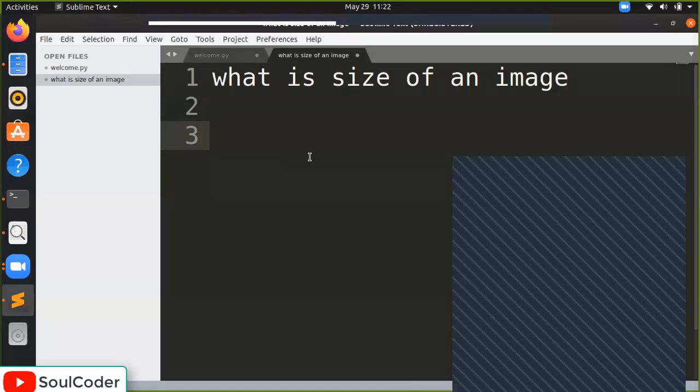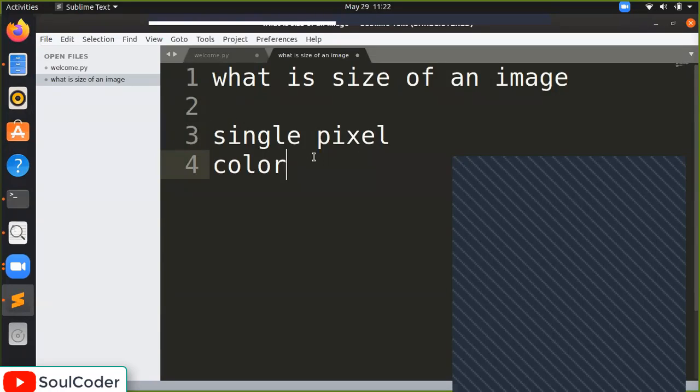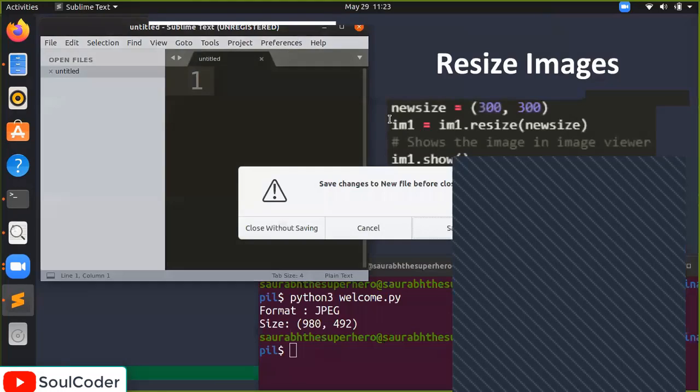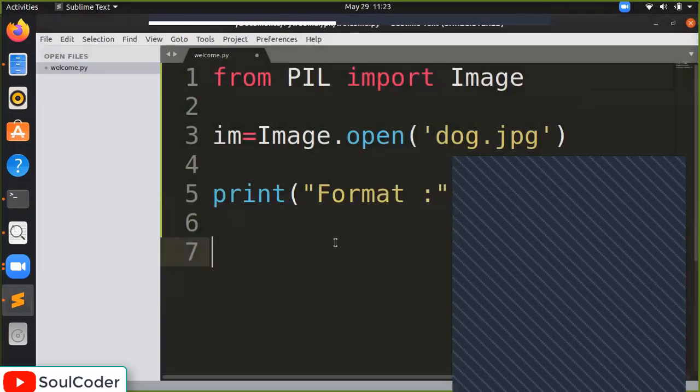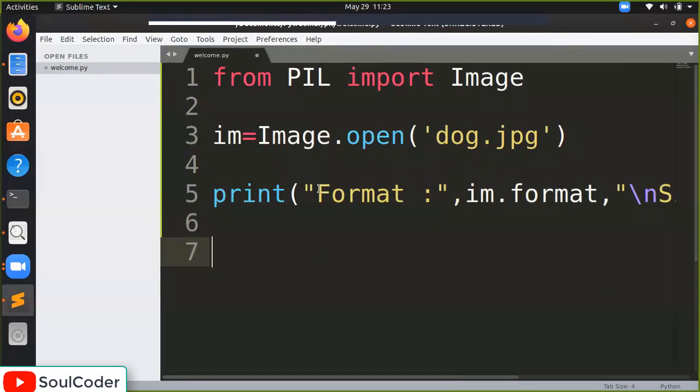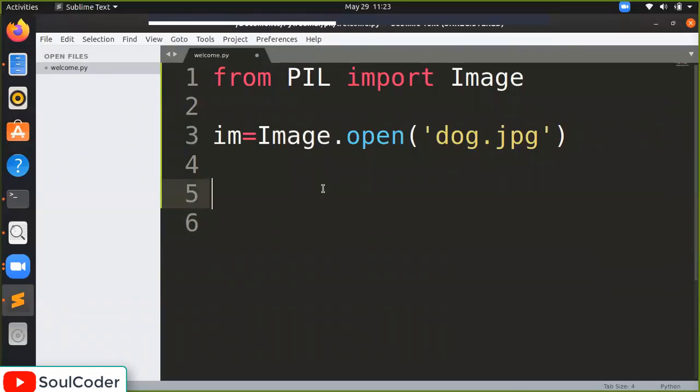And yes, let's again move towards it. So what does it mean for a single pixel? The color intensity is there. Color, either it is RGB. An RGB value is defined for a single pixel. So we can clearly see the pixel and the color format of that. We will move towards it, what exactly it looks like. Okay, so I am closing and saving. I am deleting this part. Let's move toward the slide.